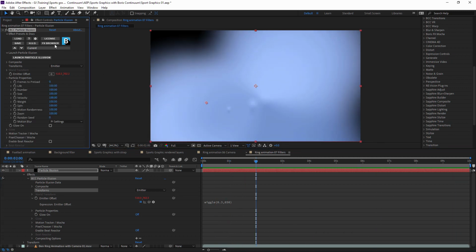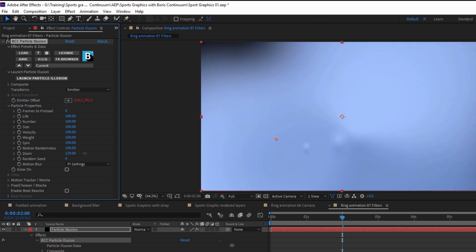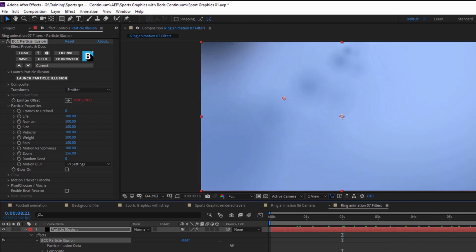That's cool. One of the other things I can do in Particle Illusion as well is change up the zoom size directly within the host. I don't have to go back into the particle emitter to change that up. And this is a cumulative process, so it's going to use this zoom on top of the zoom that we already have. I'm also going to preload a few frames to sort of fill us in a little bit, and it's going to give us a nice little effect there.